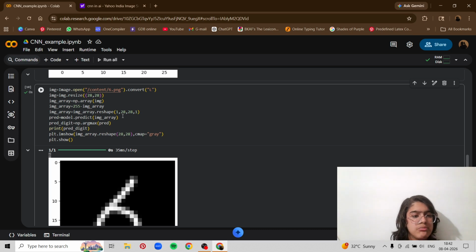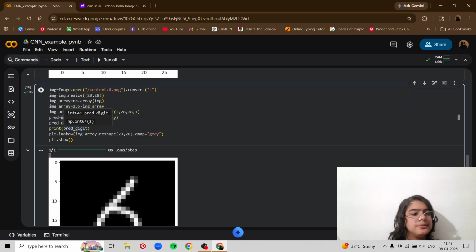And then there is img_array. I've reshaped it again as I told you, 1 comma 28 comma 28 comma 1, which is the batch size, and the image length and breadth. And then we do model.predict with img_array, and if you have any other name for the variable model, you can write that, but as I have used model, I will be writing model.predict.